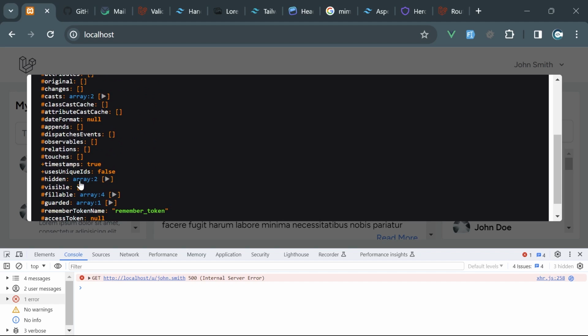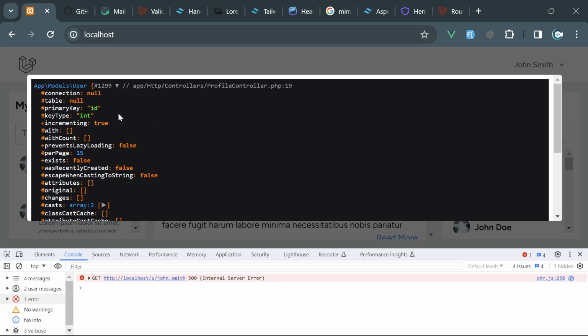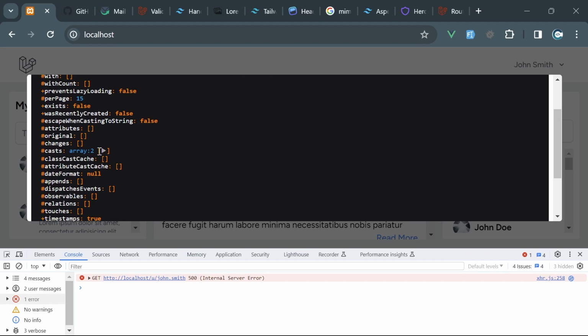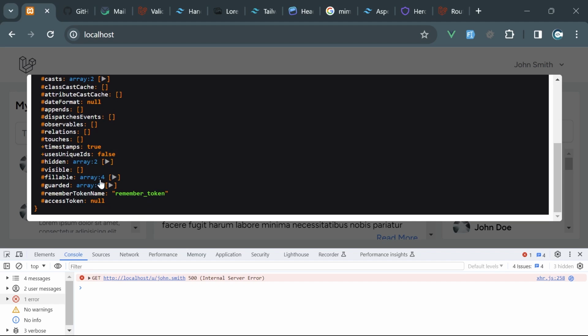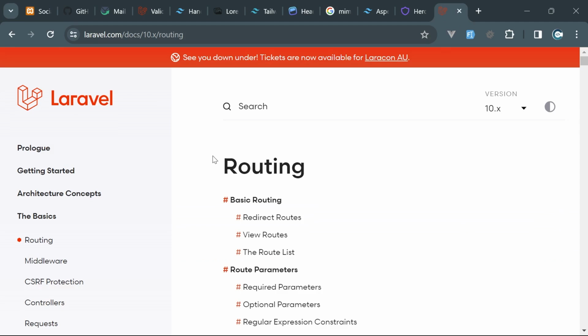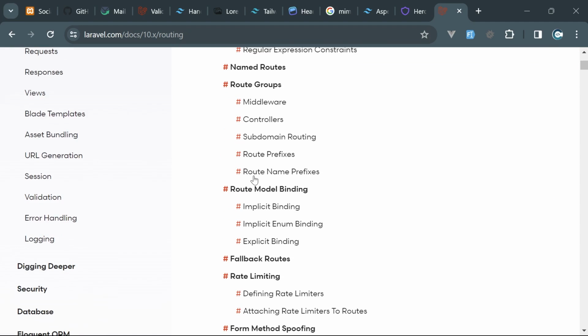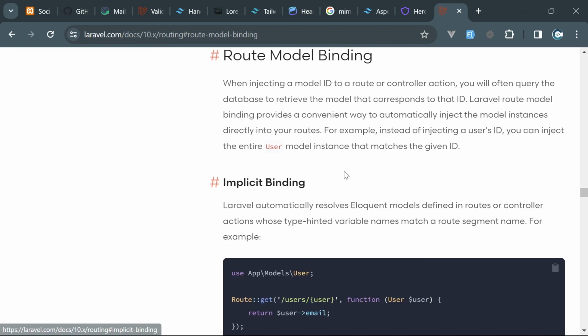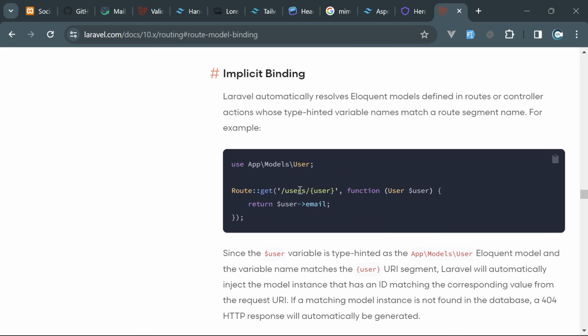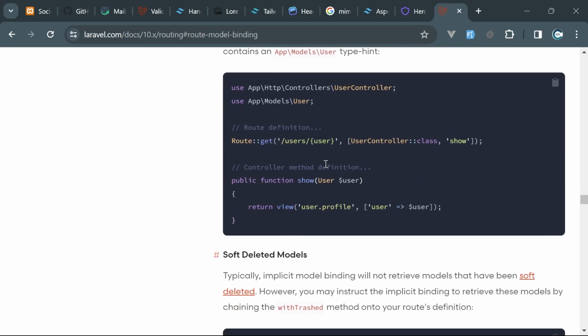If we go into, where are attributes? Table null. Okay, this is not it. We don't have the actual user. Okay, I need to remember the binding section. Route model binding. This is what I want. The user will be bound into the user, but this will search by the primary key of that user. What I want